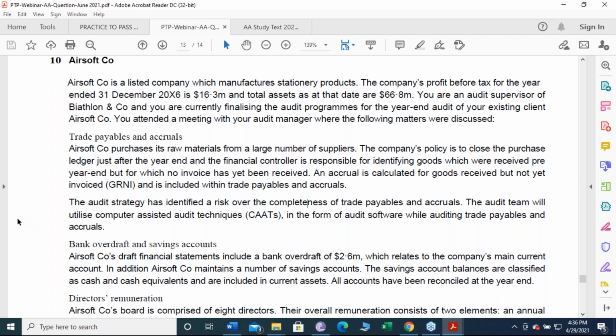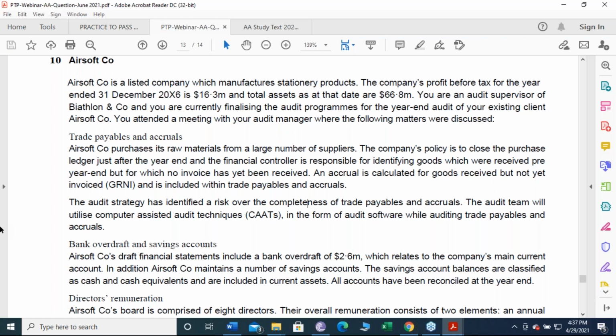We are applying procedures in order to verify the completeness. So let's select a sample of post year end payments from the cash daybook. They are recorded in the cash daybook. Let's follow them and reconcile them, to make sure that they have been correctly recognized as a payable or as an accrual in the company's year end balances.